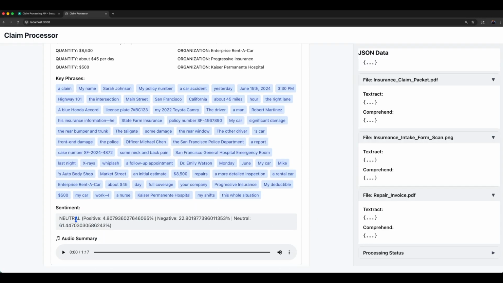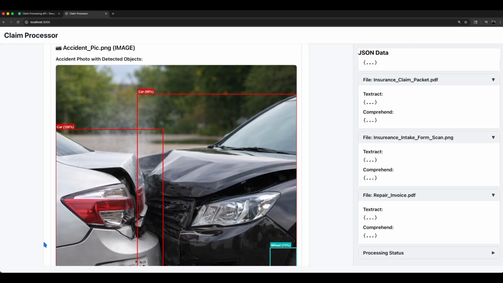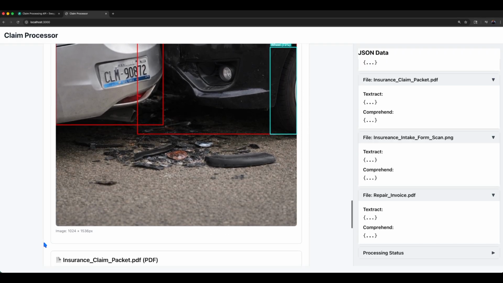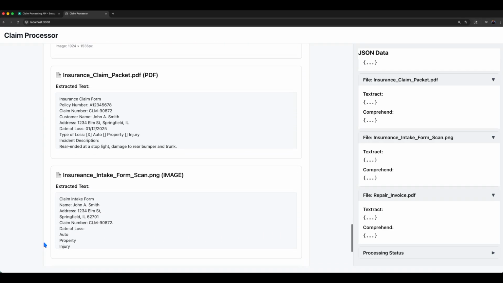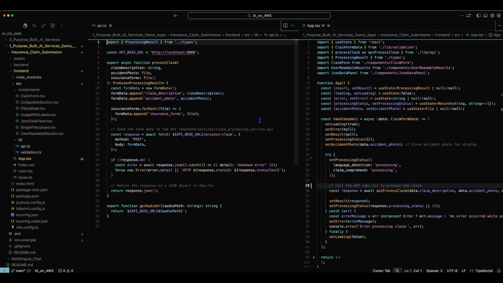Here we see the claim description text has a neutral sentiment determined by Comprehend, and it's been converted to speech by Polly. Scrolling down, we see the accident pic now has bounding boxes, and we see analysis for the other claim documents as well. Now, as I previously mentioned, the tech stack used to build this app consists of a